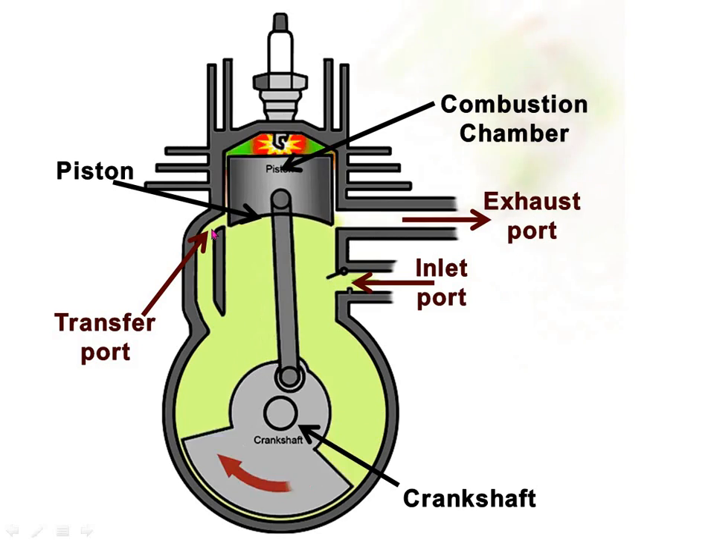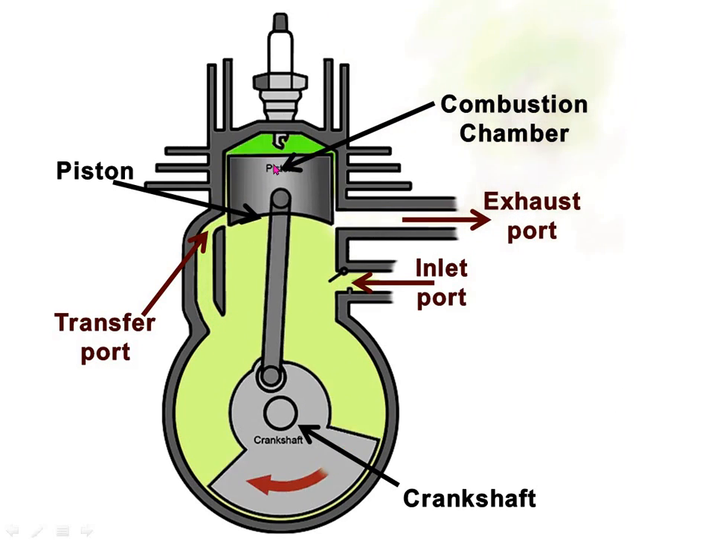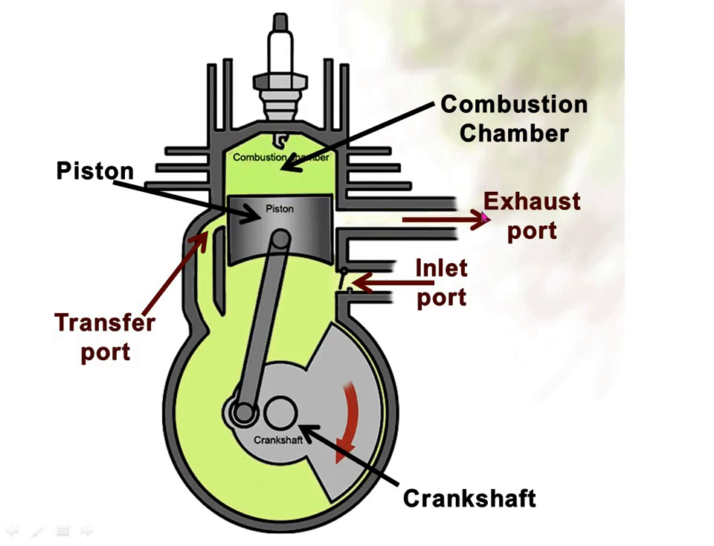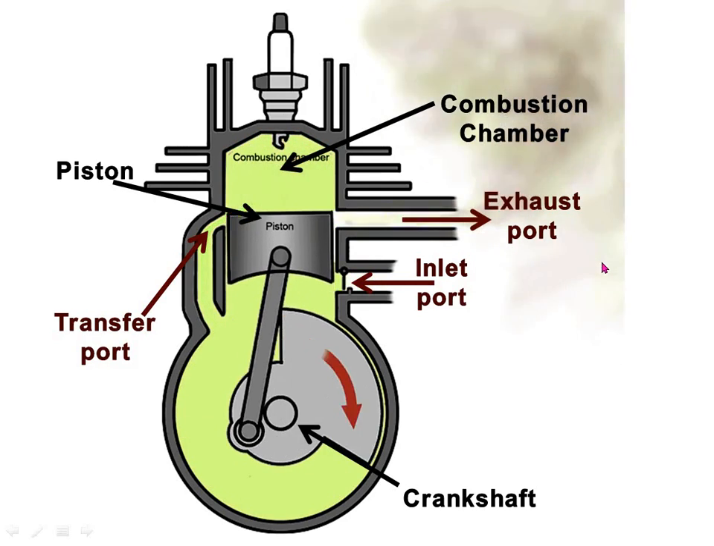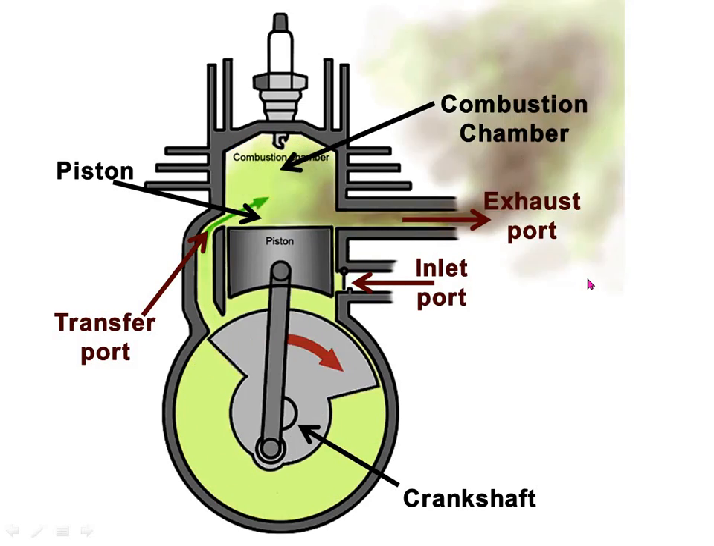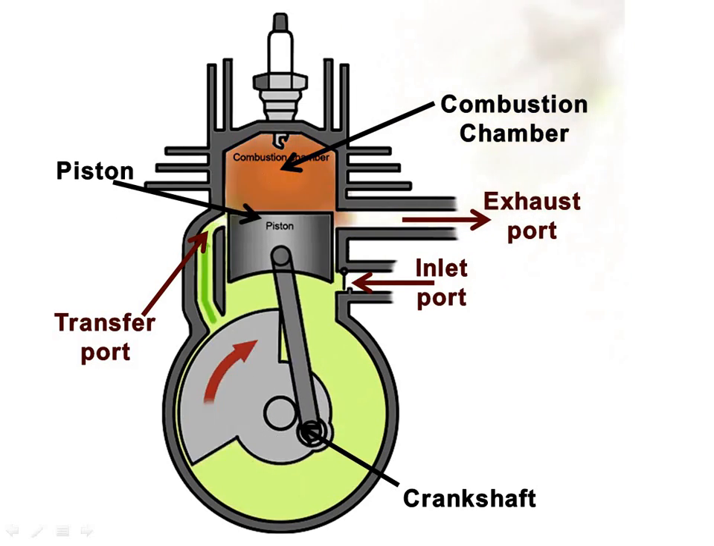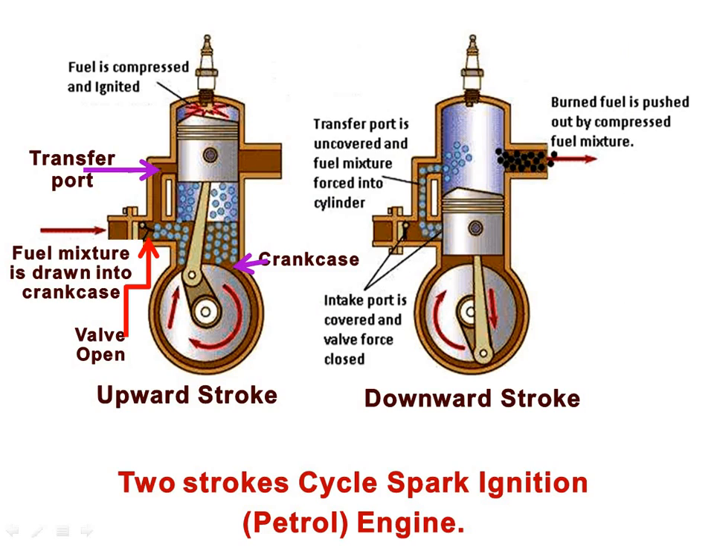The new fresh charge that comes into the cylinder expels out the exhaust gases from the cylinder which have been produced during the power stroke. This system represents the two-stroke cycle of the engine. Say, this is the main figure which represents the principle of the